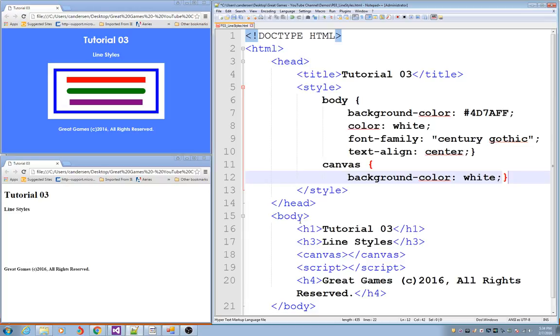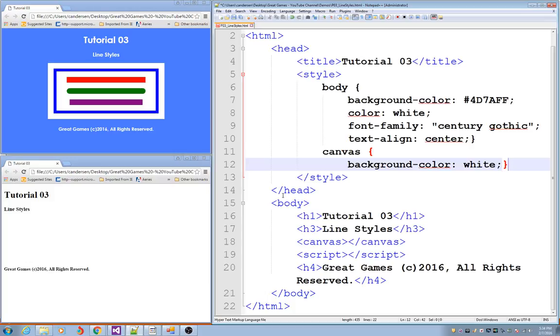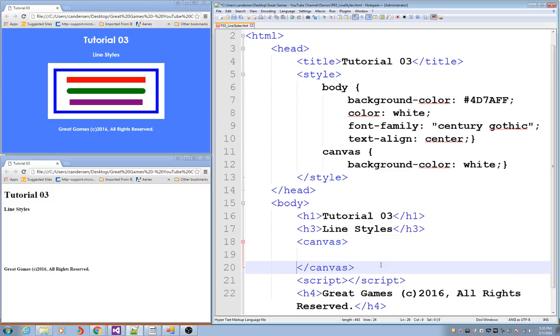Alright, so that takes care of my CSS. I've got my HTML that I put in earlier. And now I need to come down and put in some JavaScript, and that's going to go in the script area here. Before we actually do that, I'm going to do a little bit of fine tuning on this canvas element. So I'm going to click after the first tag. Okay, so I'm separating the first tag from the last one. And inside here, I'm going to tab over, and I'm just going to put Update Browser